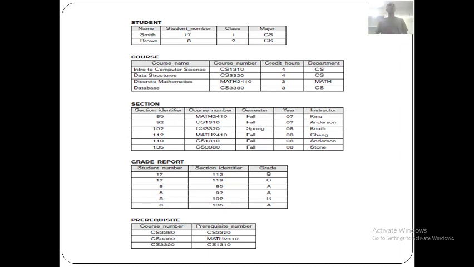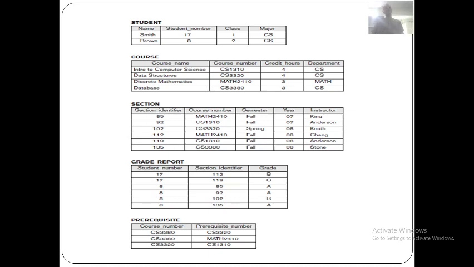Next moment there may be one more student, or one student may get deleted, or some values can be changed. Got it? So at this point of time, this is the status, this is the instance. Similarly, course is having four values, four records. Section is having 2 plus 2 plus 6 records and grade report is also having 6 records. Prerequisite is having 3 records.